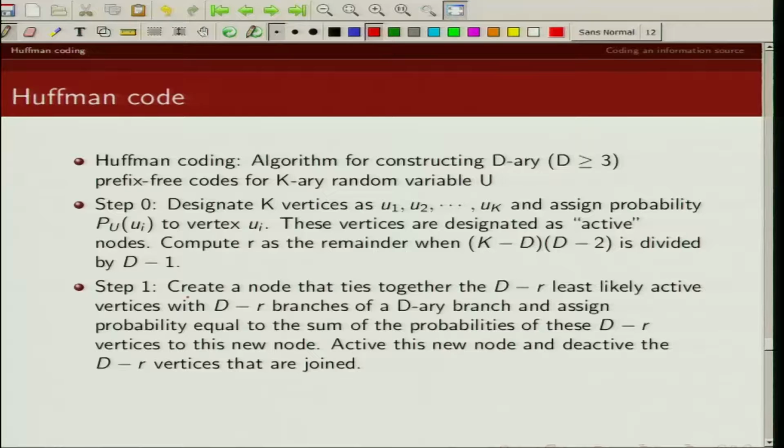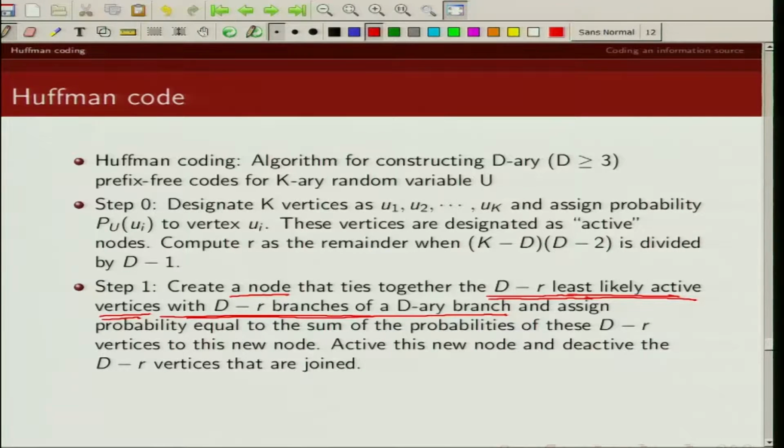So in the first step, what we do is we create a node that ties together d minus r least likely vertices with d minus r branches of a D-ary branch.